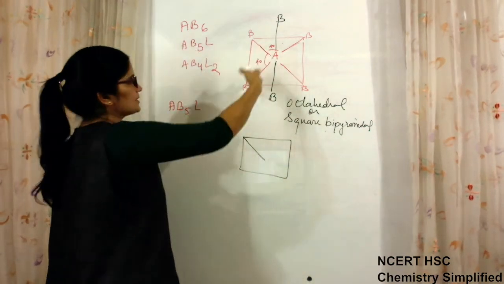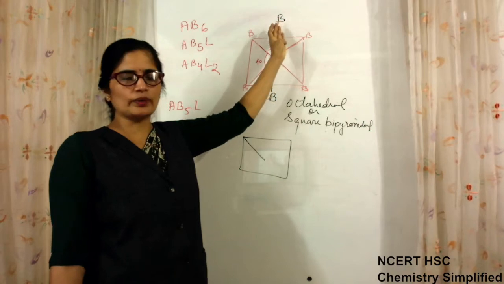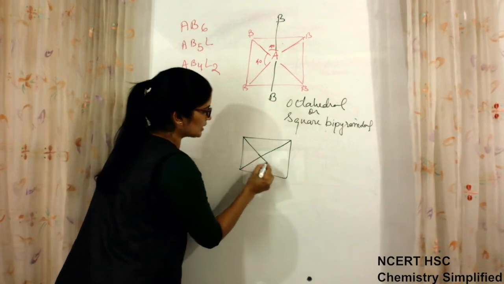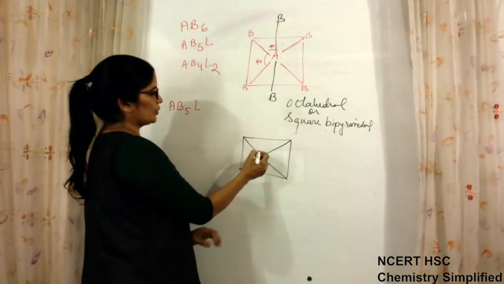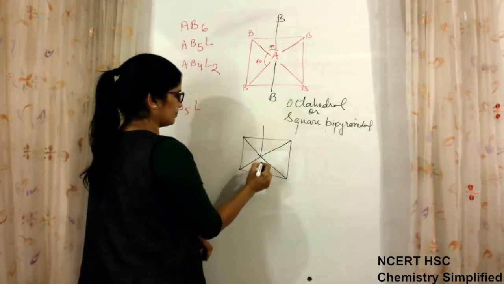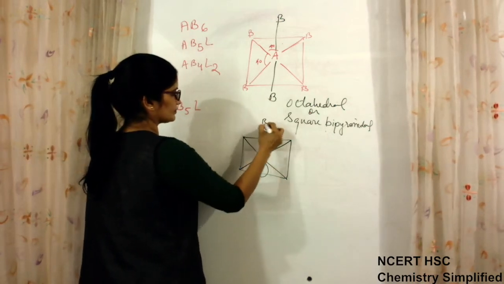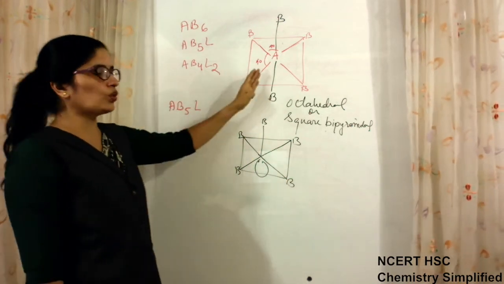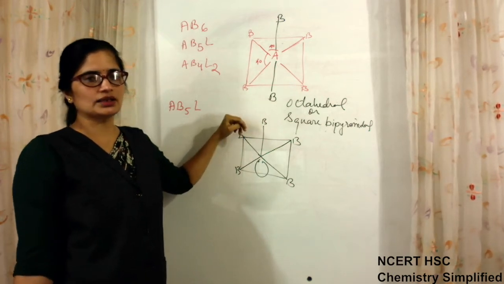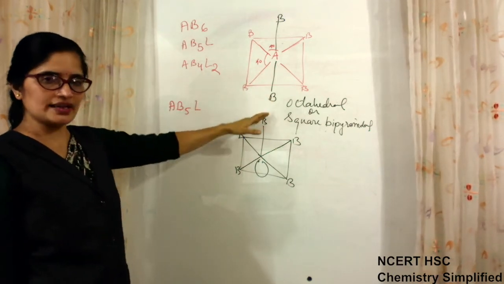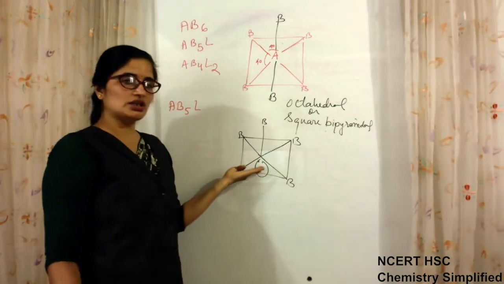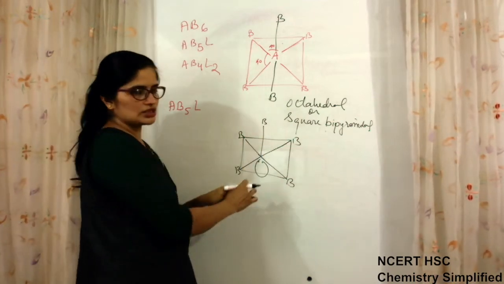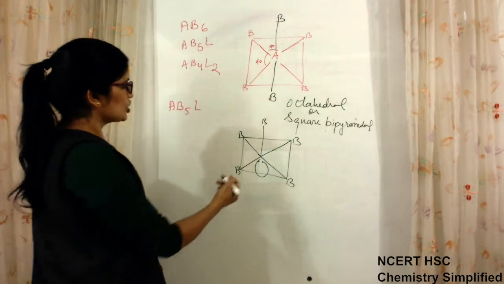Now all bonds are equal whether the lone pair is present on axial position or equatorial position, because the structure remains symmetrical when you are not disturbing the square and only disturbing the axial bond. So where the lone pair is present is not affecting the number of repulsions faced, hence it is present on axial position in this case, and the square structure is not disturbed. Symmetry is maintained.